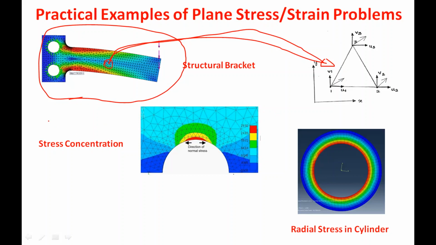This is the one point we have to understand, because for one element itself we have 6 degrees of freedom. Our stiffness matrix size will be a 6 by 6 matrix. So if you use more than one element, the size of the stiffness matrix will increase, and then solving the problem manually will become very difficult. So that is why in two-dimensional problems, we are restricting ourselves to solving the problem at the element level. We are going to use only one element for understanding the concept of plane stress and plane strain. Let us go to the example problems.